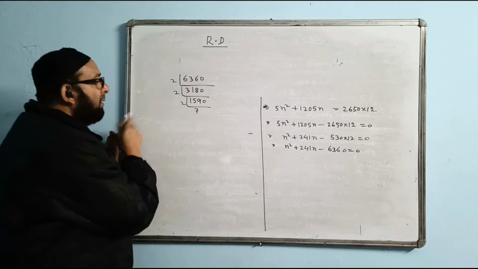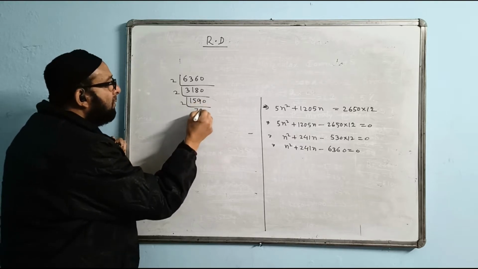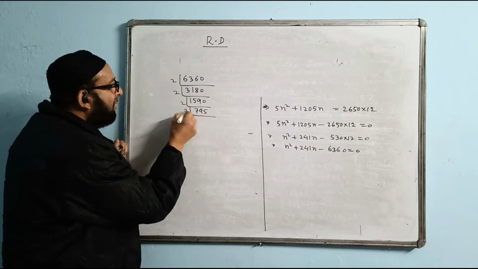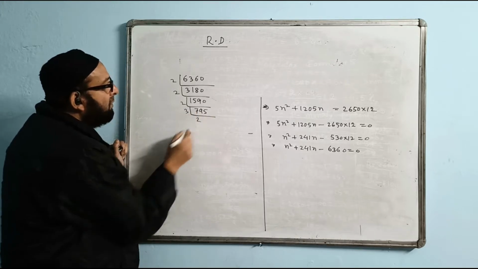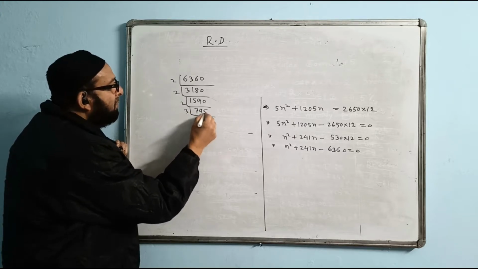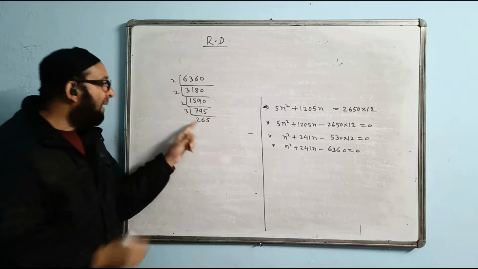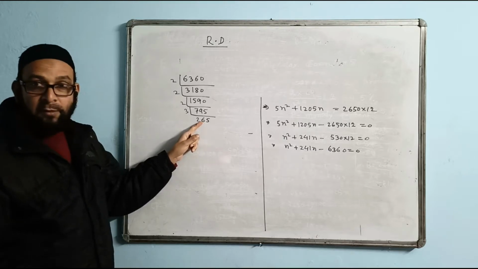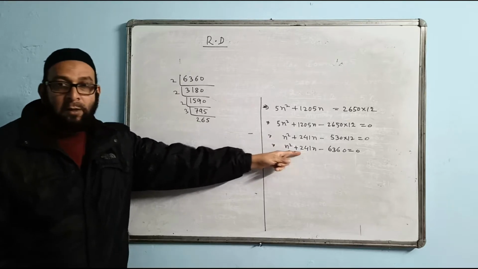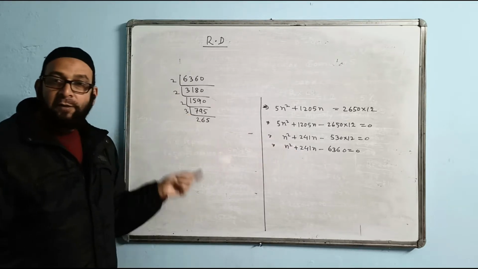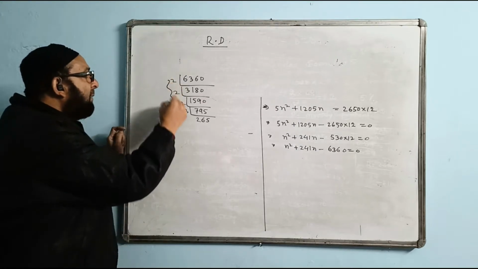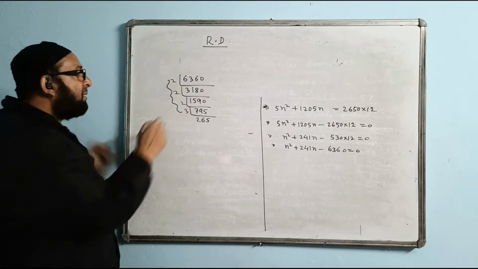Break it further. 2 7s are 14, 795. Now I divide it by 3. 3 2s are 6, 9. So 3 6 are 18, 3 5s are. So I am having a number coming 265. Something in 200 should come. The 265 is more than this, no? We will stop. We will not break further. We will not divide by 5 and all. We will not try to divide further. And you just multiply these numbers. Check what is the answer coming.